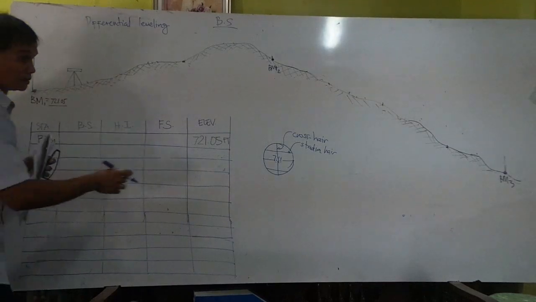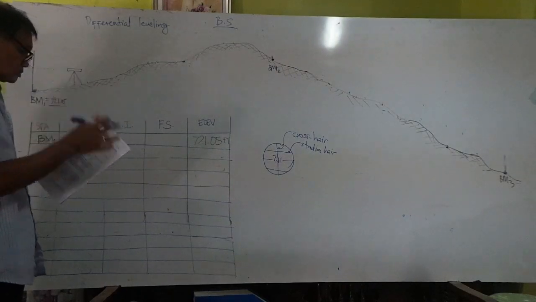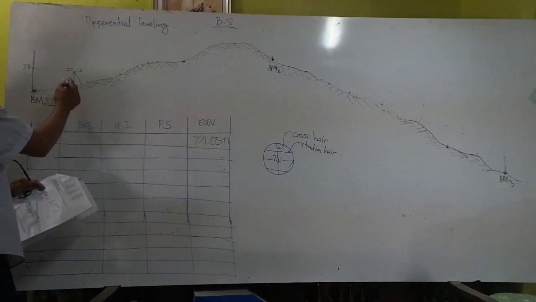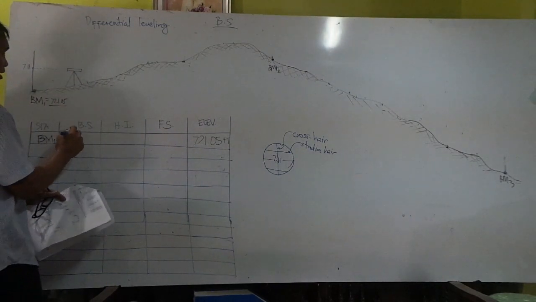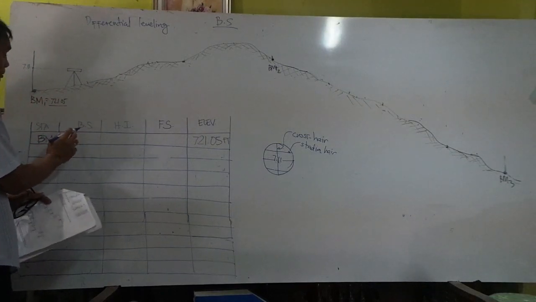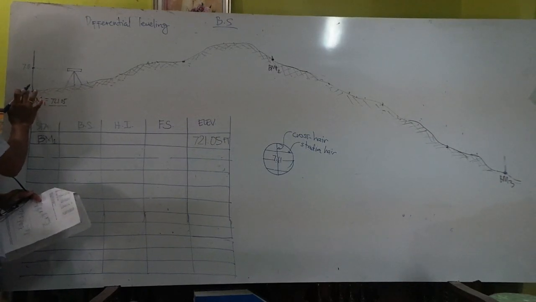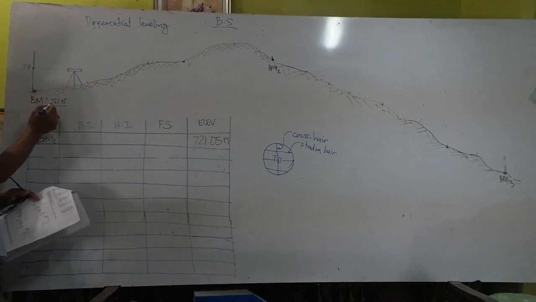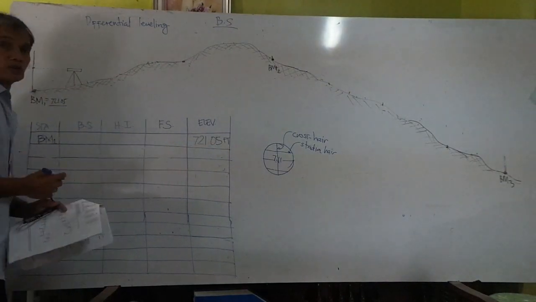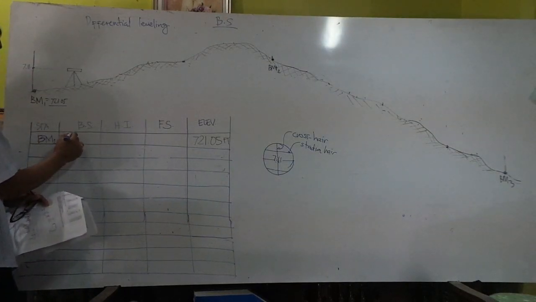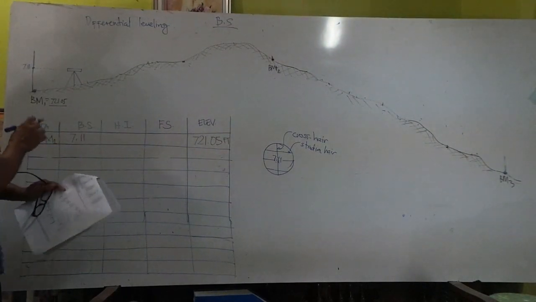Ang iyang rod reading. So, may nakita niya sa interline din, 7.11. So, after taking i-record na yun sa recorder o sa katabang transipan, i-record na niya sa backside. Kaya kanang rod reading is taken when that particular point is known as a known elevation. So, known elevation na 721.05 feet. Dili mo i-record sa backside na kulong. 7.11. Then, after that one,